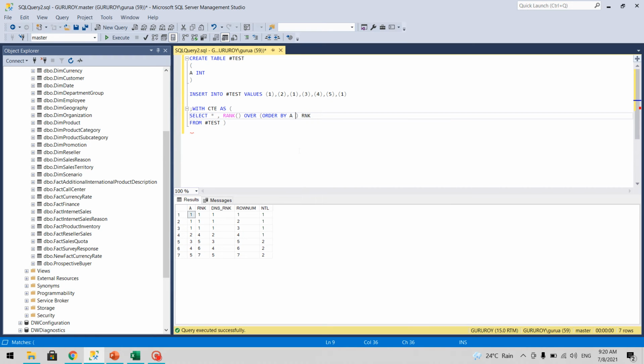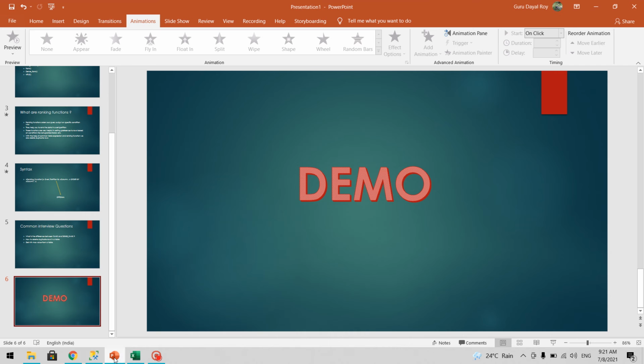Since we need the second max, we'll order this by descending, and the max value will get rank 1 and the second max value will get rank 2. Next, select star from CTE where rank equals 2. If we execute this, we have got 4. So this is how we will get the second max.